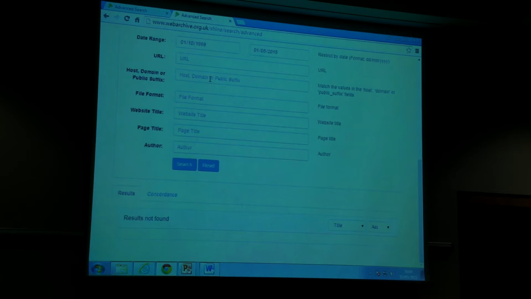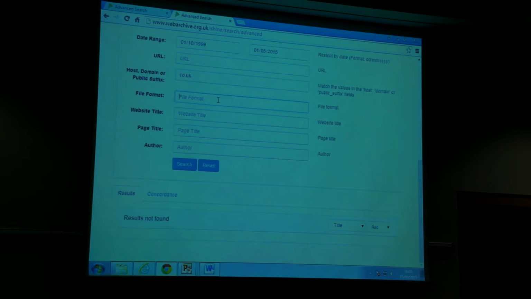I can also limit something to a host, domain and public suffix. This is worth spelling out. Within a BBC context, a host may be news.bbc.co.uk or opinion.bbc.co.uk or any other of those hosts. The domain itself is bbc.co.uk. And at a public suffix level, it could just be .co.uk. So let's go with that here. So those are the various options.